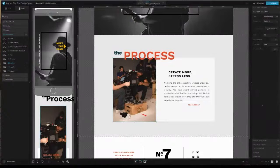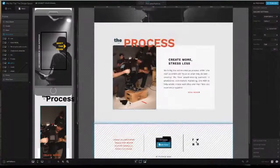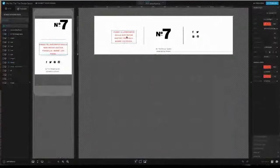I'm going to leave it at 3 seconds, and that is going to advance those images through this gallery while the viewers of my site jump on and start to look at things. Next, down here in my footer, I want to add a few different pieces of content that are more specific